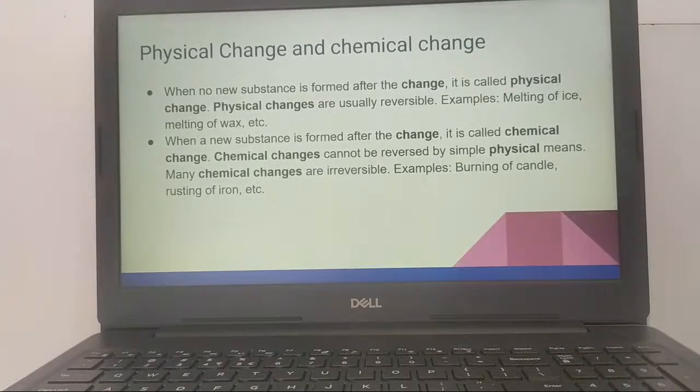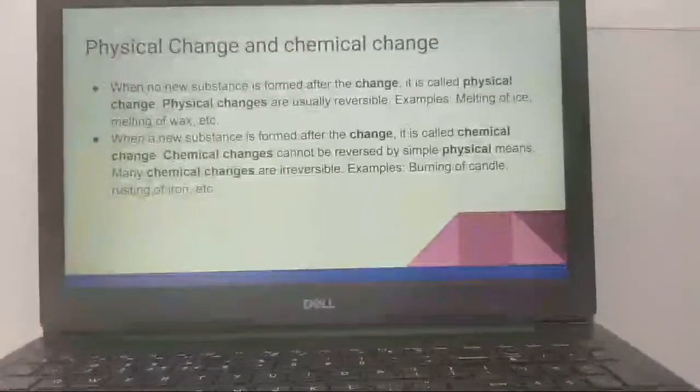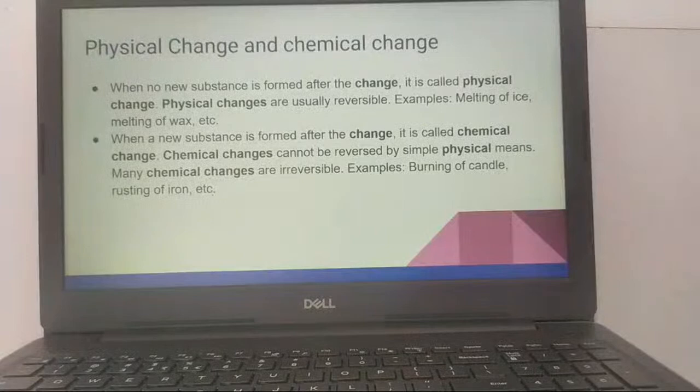Then another example which you can see around your house also is rusting of iron. When iron is left exposed to moist air, in the presence of water and oxygen, what is happening? Iron combines or reacts with oxygen, and slowly it's changing into